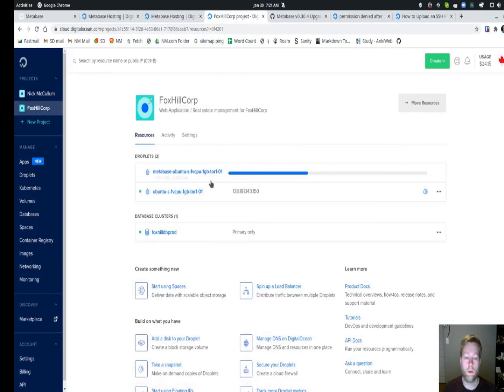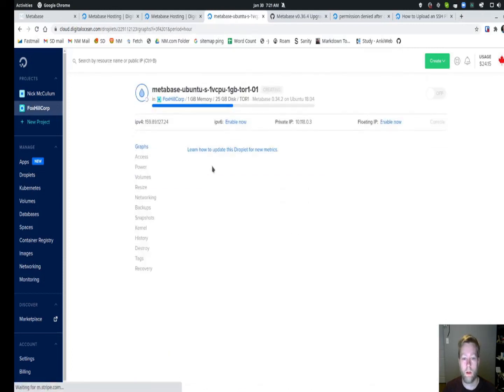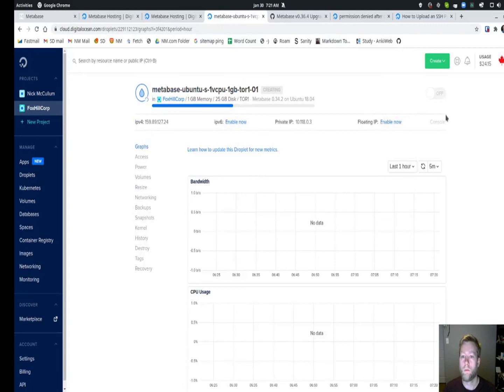Now, once this is created, I should be able to SSH in with the IP address. So just as a quick